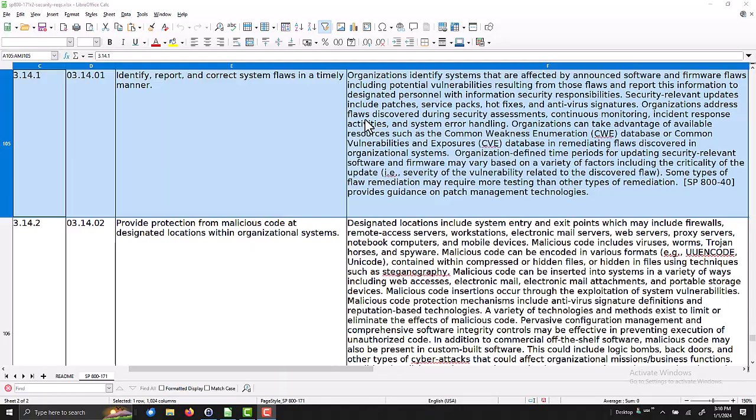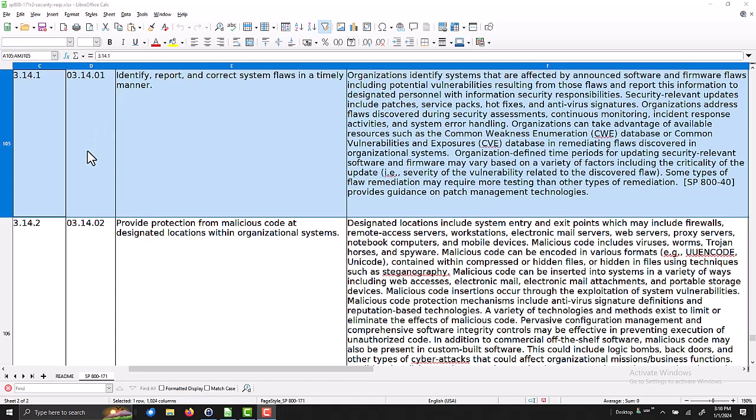Today we're doing another deep dive into the 110 controls of the NIST 800-171 standard. This standard helps protect controlled unclassified information. If you have no idea what that is, you want to check out our video on the NIST 800-171. It talks all about how you need to do the standard in order to do business with the Department of Defense and other federal departments. So if we look down here, our control of the day is